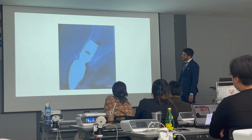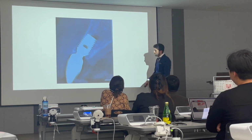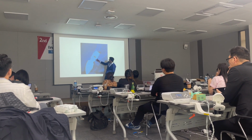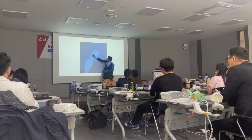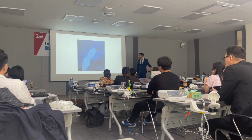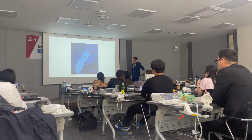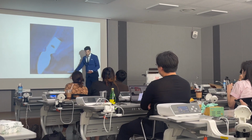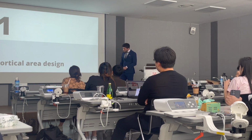So again, right space. For example, this is a Bicon. What do you think? Here is perfect, but here, are you going to have bone resorption, a high risk of bone resorption? Yes or yes? Of course you're going to have bone resorption, because it was better to place this implant a little bit more palatal. So now we're going to